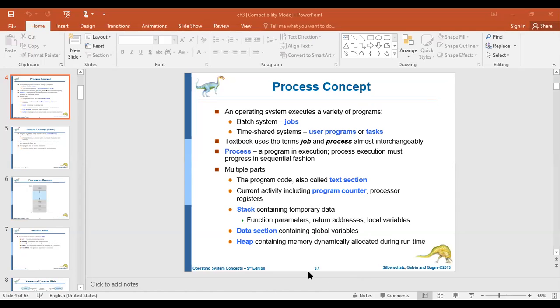The data section contains the global variables, whatever variables you have declared as global in your program. And the heap section contains the dynamic memory that was allocated, and that whole information is present in the heap section, right?